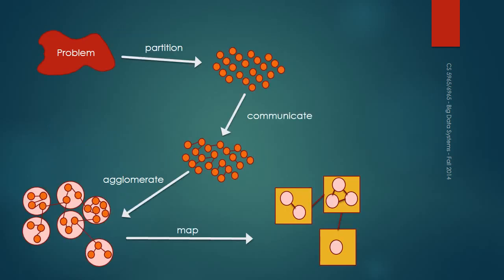This is a graphical way to look at it. Start with a problem. This is an arbitrary problem, and you can think in terms of the summation of the square root of an array's elements. You want to first partition it completely into tasks. This could be: I need to take the square root of every single element. That's a task, right? Completely independent. Break it down to the extent that you can.